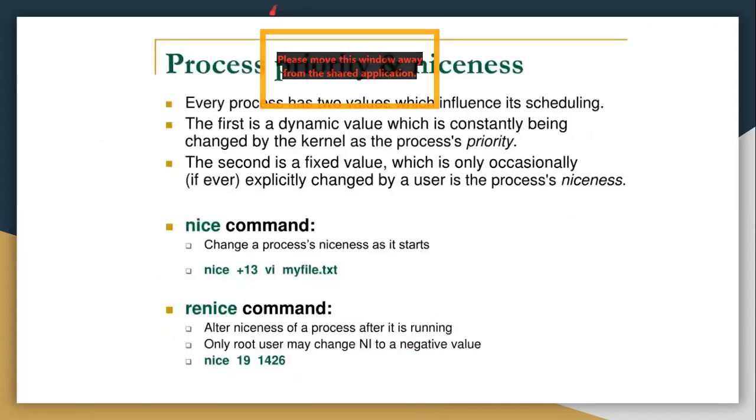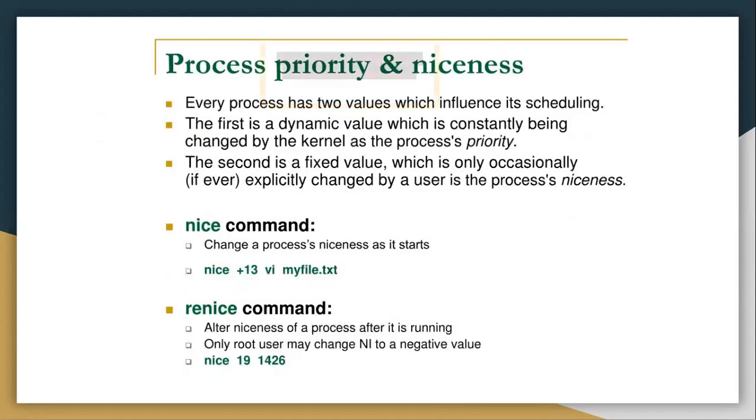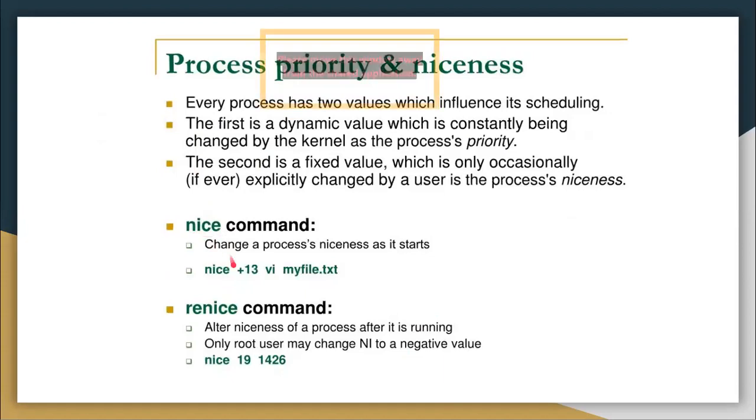Then there are two other commands I want to tell you about, the nice command and the renice command. By default, the nice command has a priority of 0. The default priority given is 0, but you can change it to any value. You can give a positive number, up to 20, to any process.